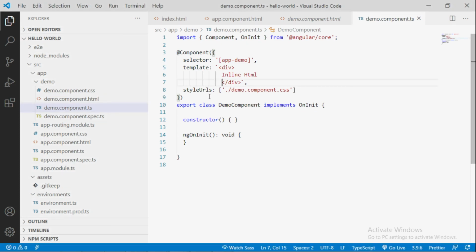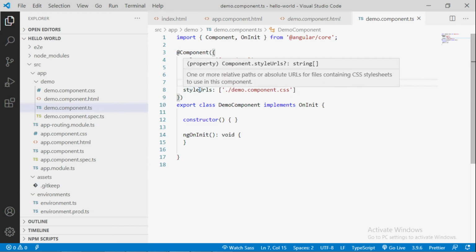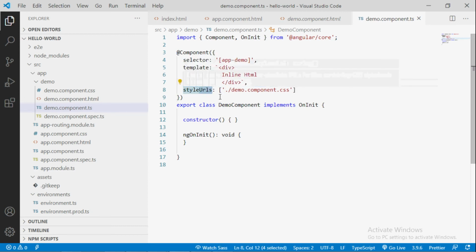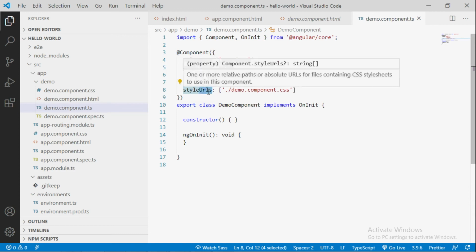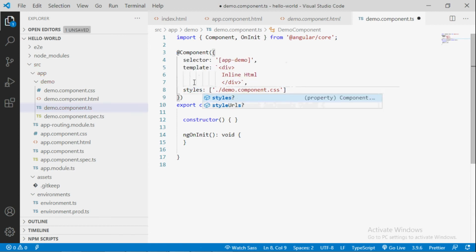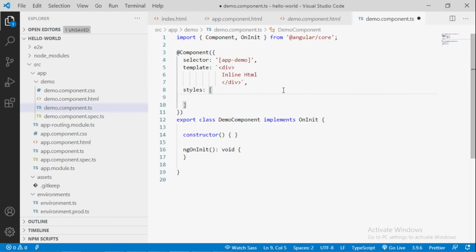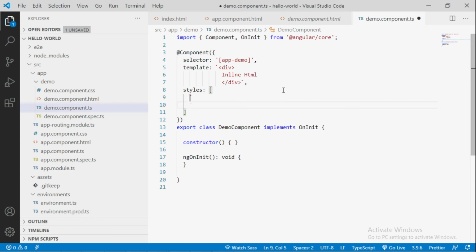Now just like HTML, we can have CSS inline as well. So instead of styleUrls, we can have just the styles property, and this will be an array again.